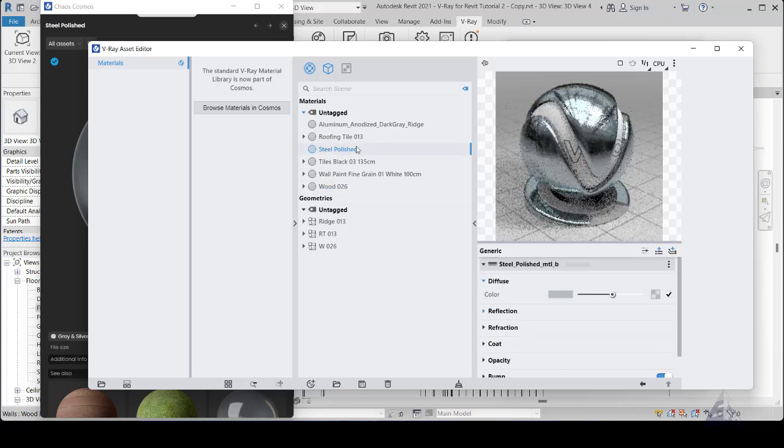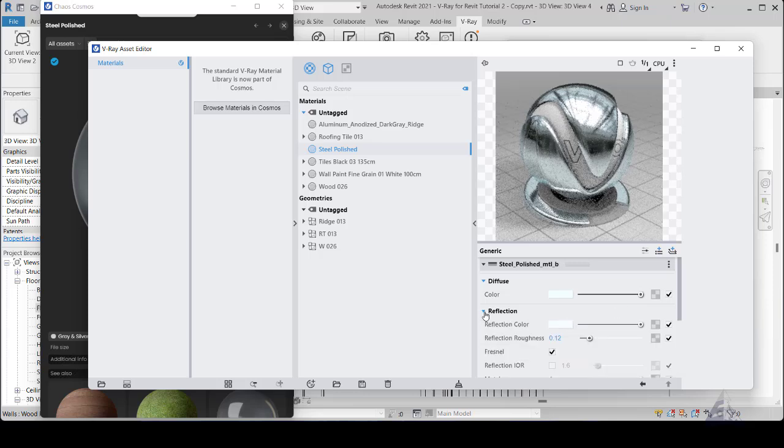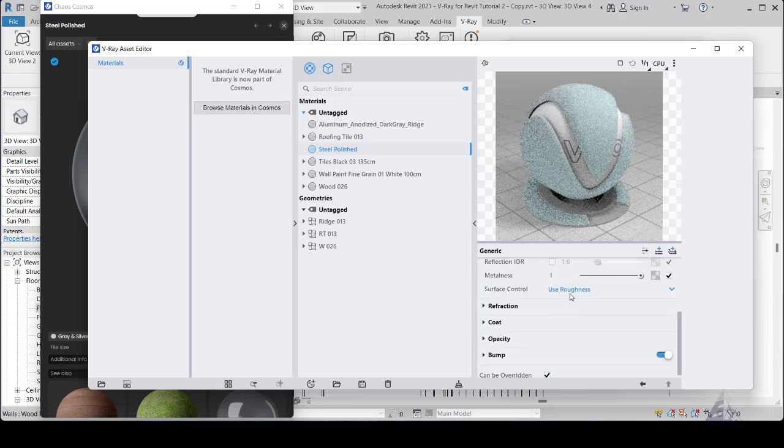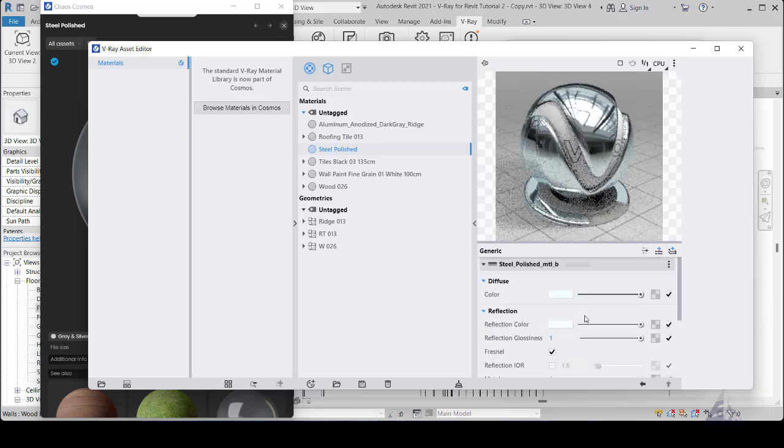You see, it's imported here. But I will draw this down. I want to make it more whitish. Let me see my reflection. No, I don't want reflection roughness. I want reflection. I want to use glossiness. So that is that, and then